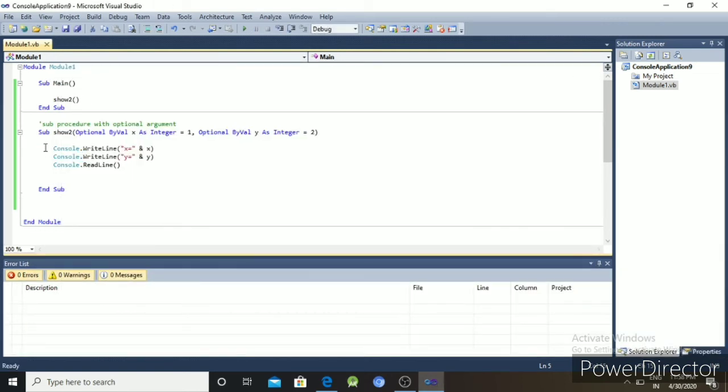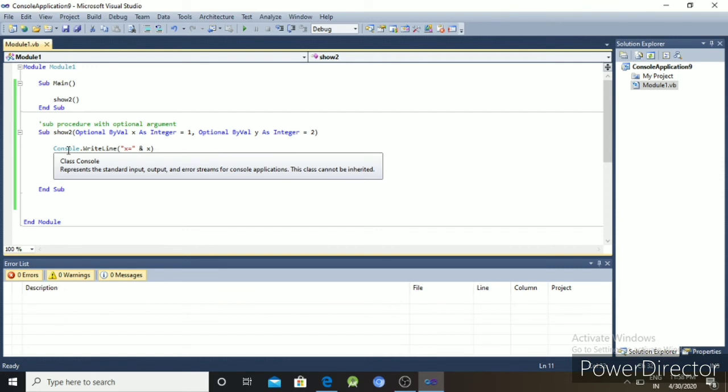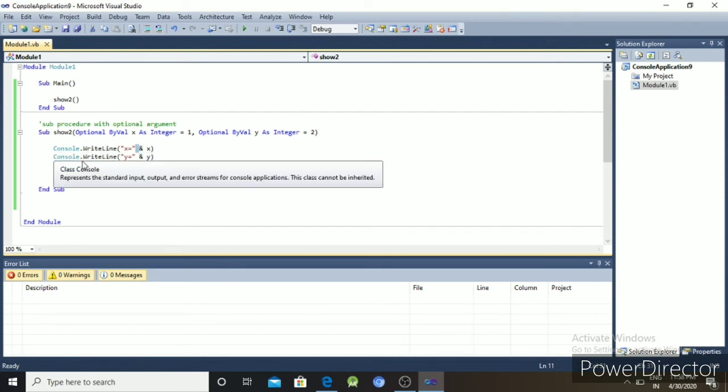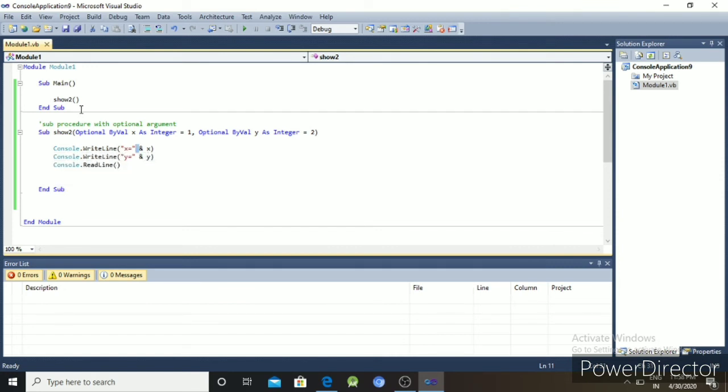That means the optional value of x is 1 and the optional value of y is 2. So we can display the output with Console.WriteLine x and Console.WriteLine y. Then you call the sub procedure with optional argument.